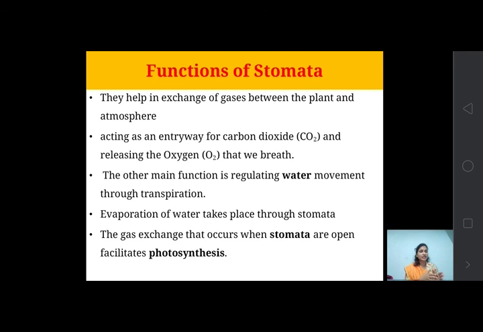Now in our next lecture we will start the next unit, that is the primary growth of the plant body. So this is all about the tissues and tissue systems. How they are arranged in the plant body we will see in the next chapter under the unit primary growth in plant. Internally how the tissues are arranged in the primary plant body, we will see in the next lecture.